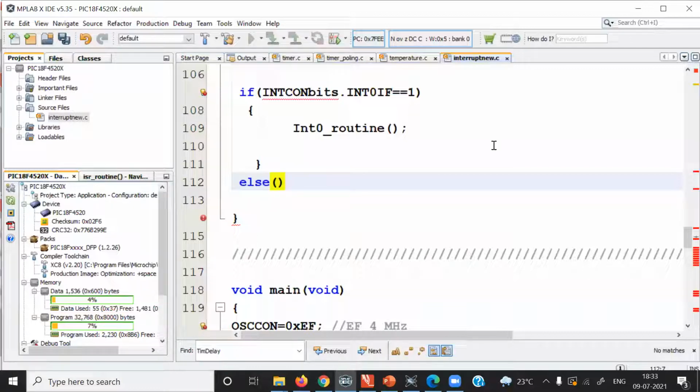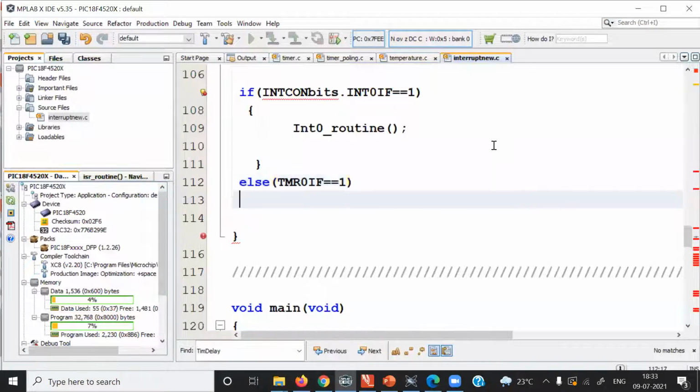So you can directly check here if TMR0IF is equal to 1, and then you can call the interrupt service routine for this function. So you'll have some routine here, TMR0 ISR.